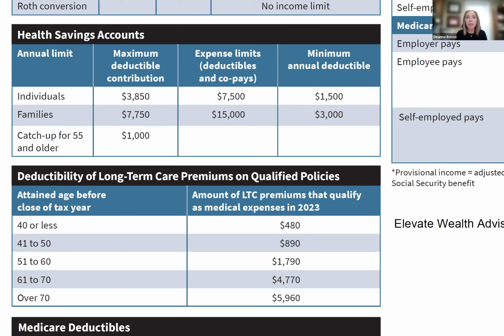And if you have a health savings account that's grown over time, where you can pull funds out of that to use in retirement, instead of pulling funds out of an IRA that's fully taxable to use for those expenses, that can be a really, really nice tax savings. So if you have the option of saving in a health savings account, I always recommend it. These are your limits for 2023.